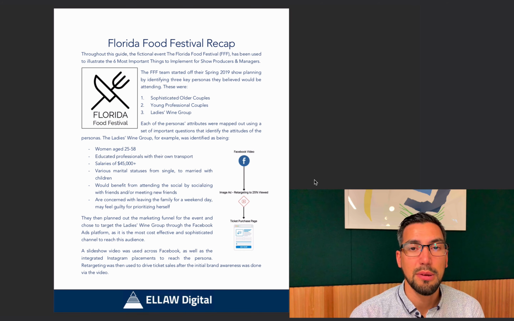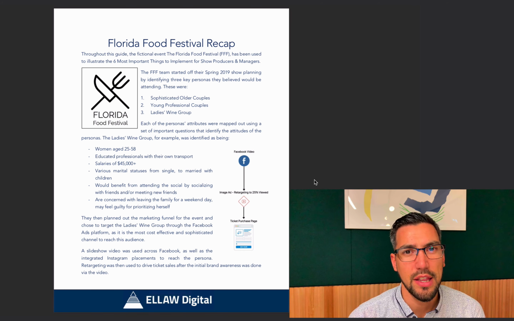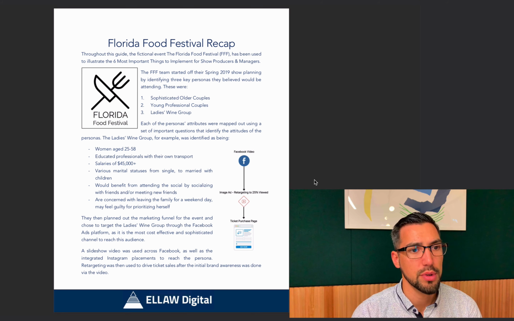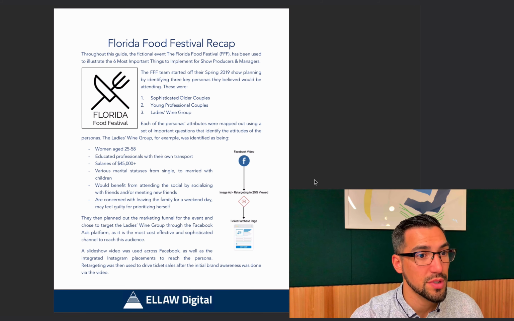So in the first step, the Florida Food Festival identified 3 key personas that they wanted to target for their show. These 3 personas were the sophisticated older couples, young professional couples, and the ladies wine group. Now, each of these personas were mapped out with their attributes using a set of important questions that identify the